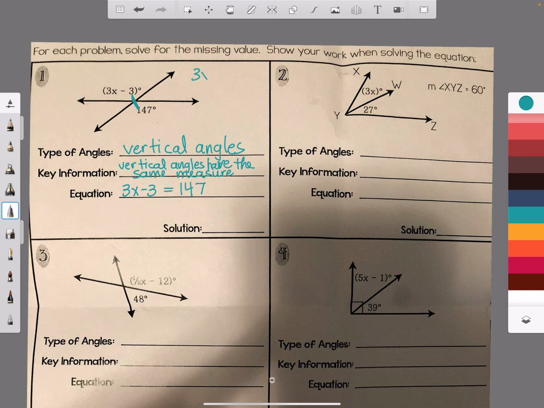So we've got 3x minus 3 equals 147. We want to add the 3 to get rid of that. That leaves us with 3x equals 150. Divide by 3. That leaves x equals 50. So the solution is x equals 50 degrees. Okay, on the next one,